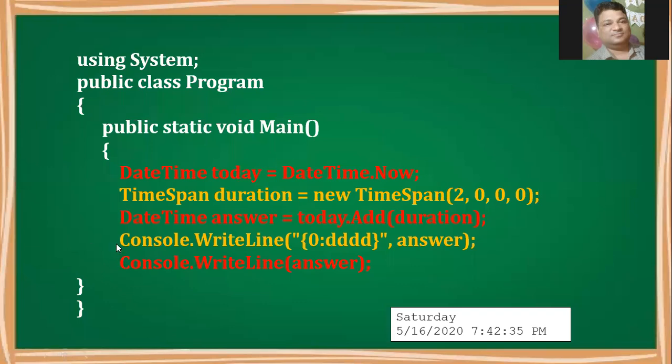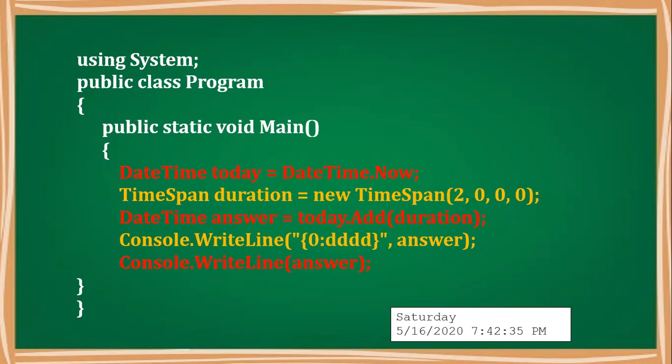Then in Console.WriteLine, as I have explained earlier, there are patterns to write the date and time on the screen or on the console. So here we have created the pattern {0:DDD}. That means we are taking the DateTime format, and the second parameter is obviously going to be answer. So this is one of the formats you are getting with Console.WriteLine. Previously we have seen we can pass the variable to print the value, or we can directly write the value in the WriteLine method. But the WriteLine method also supports console formatting. So we can print our answer in our format.